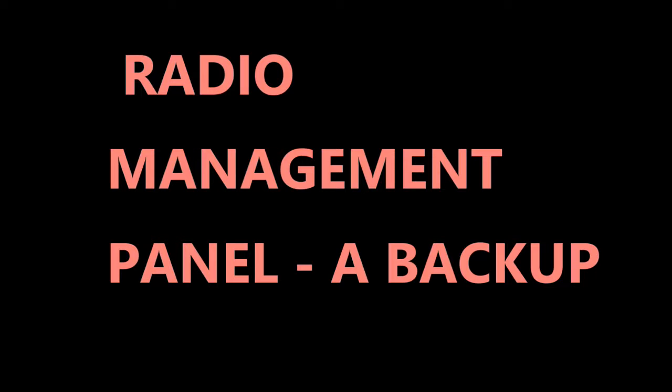Okay, that's what that indicates. Now on the front of the radio management panel, you're going to see an on-off switch, and that's just to set the panel on or off. You also have, on that front face, two display panels, if you will. And then there's an active frequency and a standby.